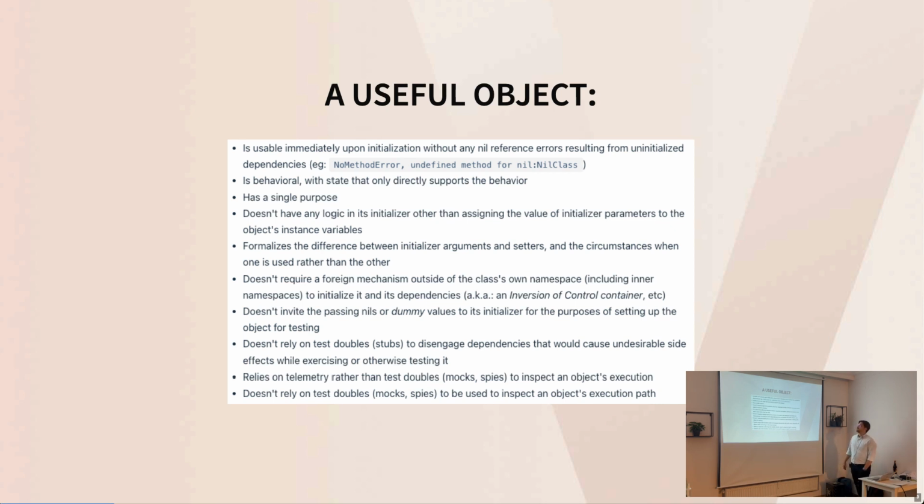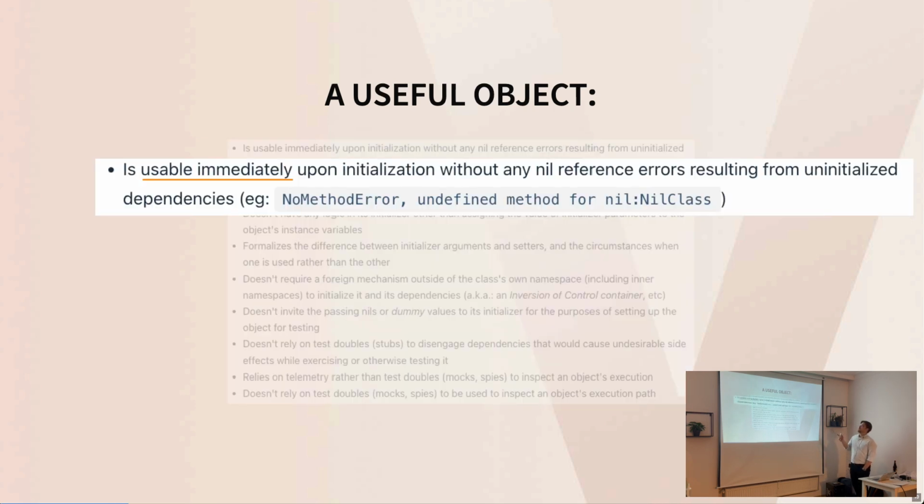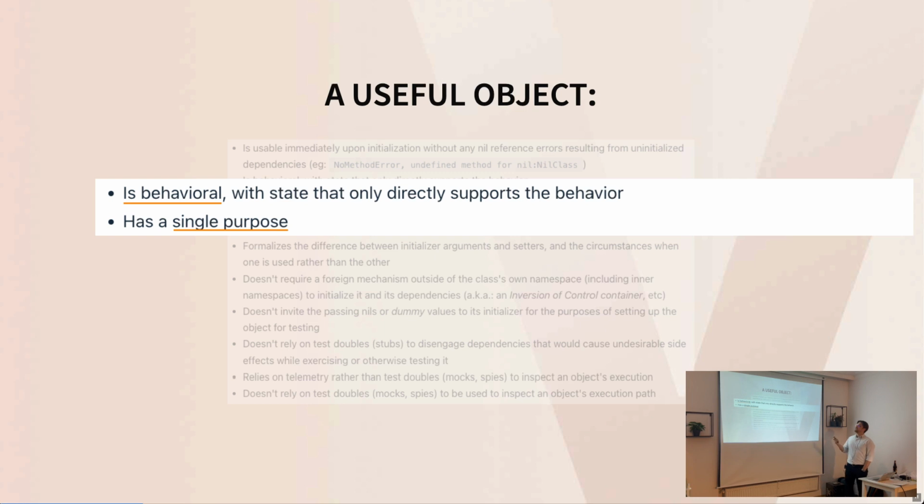there is a whole list of other criteria. So, as I mentioned, I'm not here for theory and philosophy, but we need to go through these points briefly. So let's start. Of course, a usable object should be usable immediately, obviously, as we just read. Next, it should be behavioral. Well, it takes its source from object-oriented programming. Objects or classes should be behavioral,